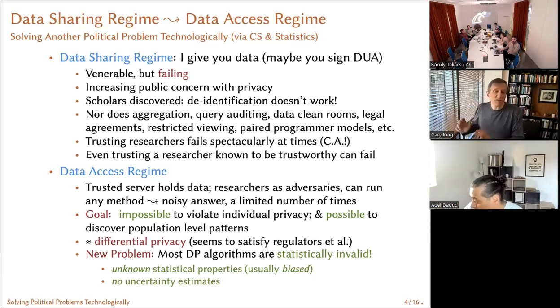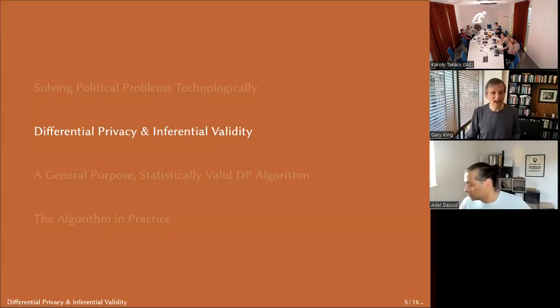But we'll use different methods, and we will get pretty much the same kind of answer with somewhat larger confidence intervals. If we have a larger sample, we're good. That's the solution, and privacy will be protected with guarantees. Okay, so now let me explain to you what differential privacy is and how we're going to add inferential statistical